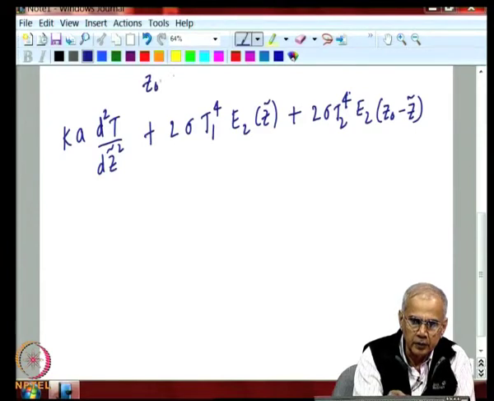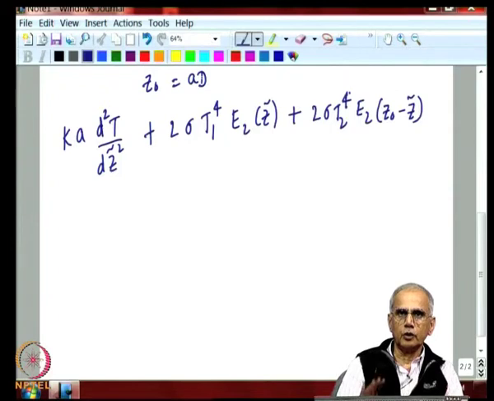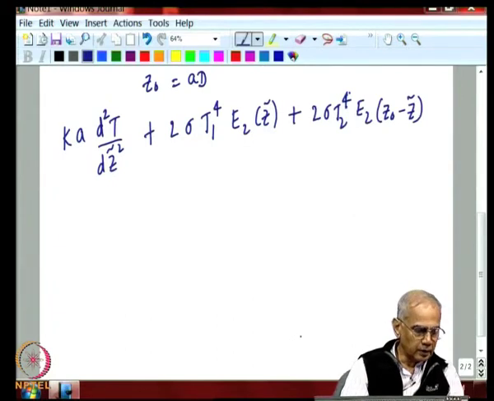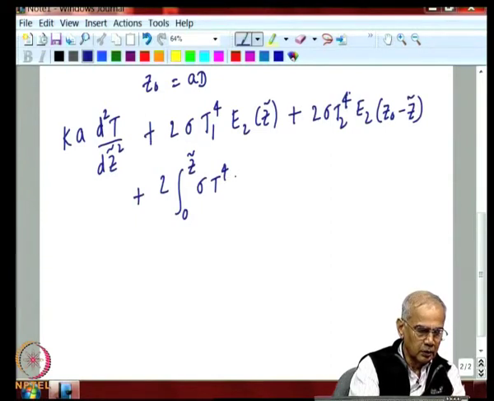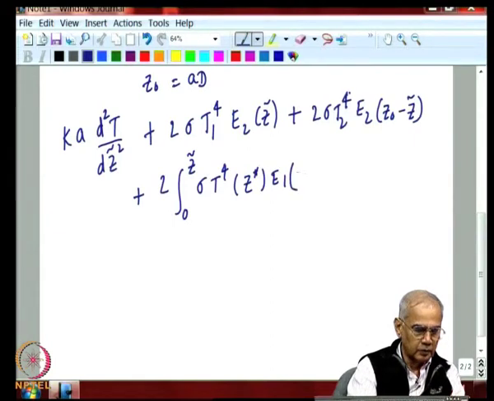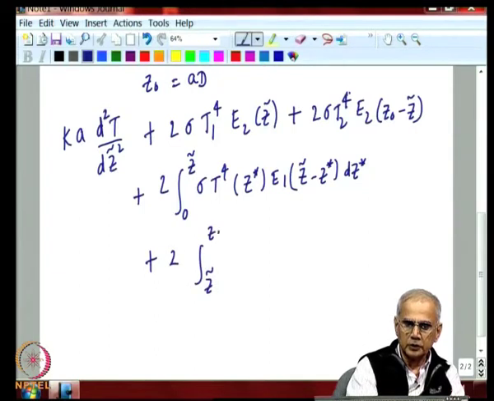So, Z0 is nothing but A into D, that is, you might call it as the total optical depth, measure of the highest non-dimensional optical depth in your example, and then you have twice integral 0 to z tilde sigma T to the power of 4 at z star, E1 of z tilde minus z star, dz star, and the next term twice z tilde to Z0